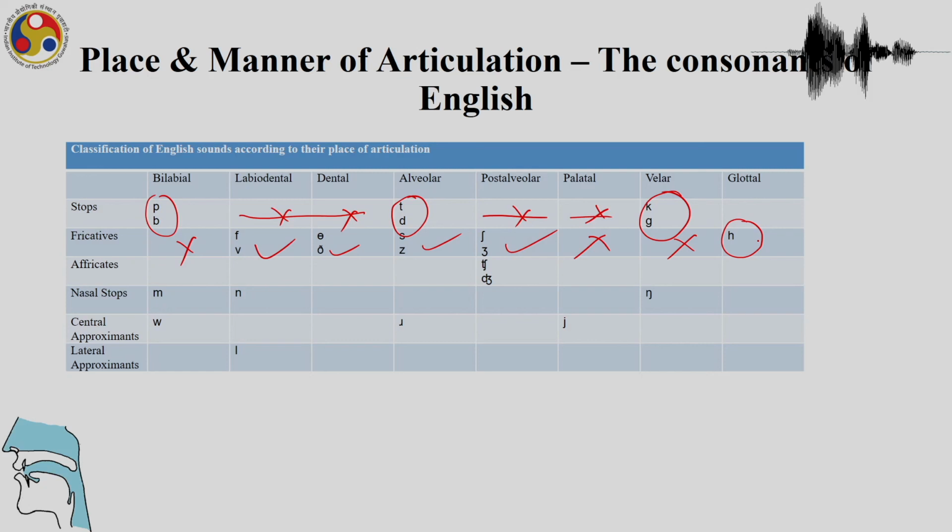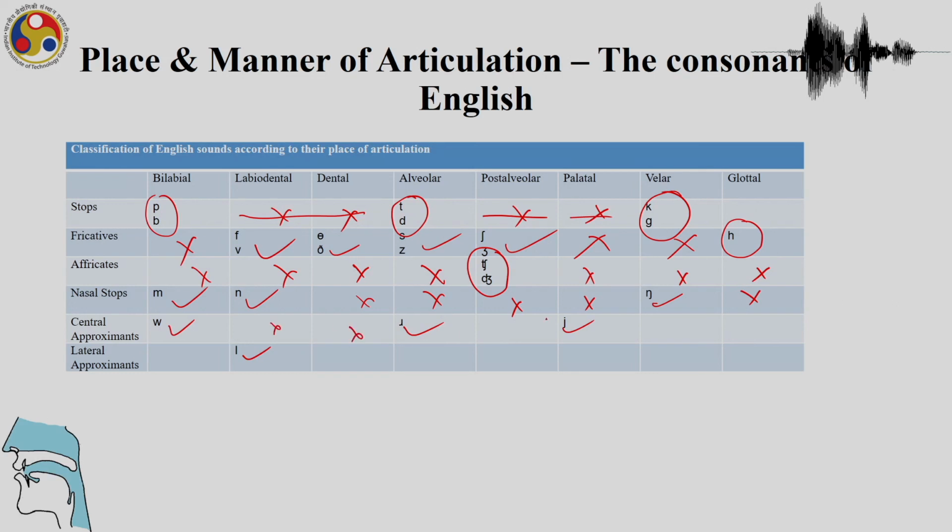surrounding vowels. Then coming to affricates, we have far fewer affricates, and this is true for almost all languages of the world. There are only two post-alveolar affricates in English, ch and j, and all the other places are not occupied. We have the nasal stops, the bilabial nasal, the labiodental nasal, and the velar nasal, and we have the approximants l and y,